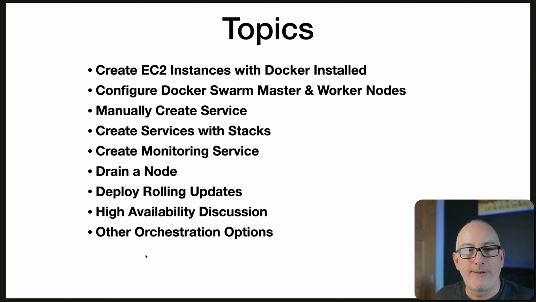Finally, I want to touch base on that this is a Docker Swarm tutorial. There are other orchestration tools, for example Kubernetes by Google, and there are also other options for deployment. I don't have to deploy all this manually to EC2 instances where I maintain those instances. I can use Amazon ECS or Amazon EKS and have those instances be managed by Amazon. So I don't have to drain a node to keep it up to date; Amazon will keep those up to date for me. My plan is to cover those options in future videos. I'm not sure which order they're going to come out in, but I think the next one will probably be the